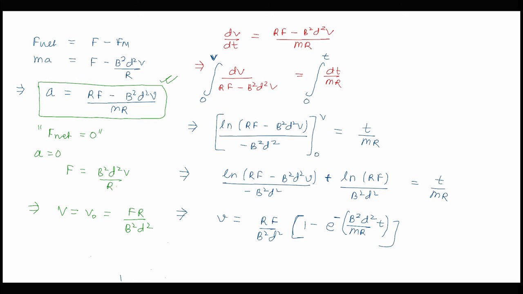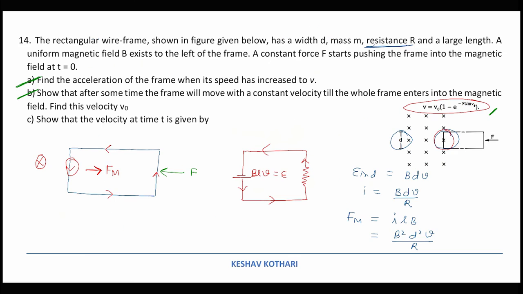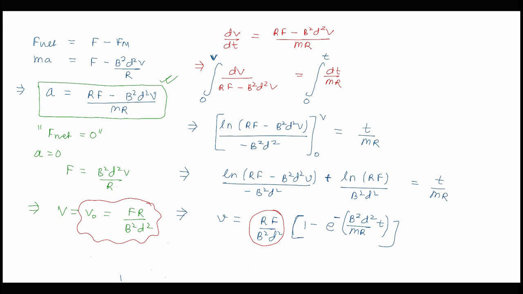So from here I can say that this expression is equal to v naught. This is the equation which is equal to v naught, and the exponent is equal to Ft upon m v naught. So hence we can say that we have attained this expression: v is equal to v naught times (1 minus e to the power minus Ft upon m v naught). For this particular problem we have attained this equation. So let us move to the next problem.